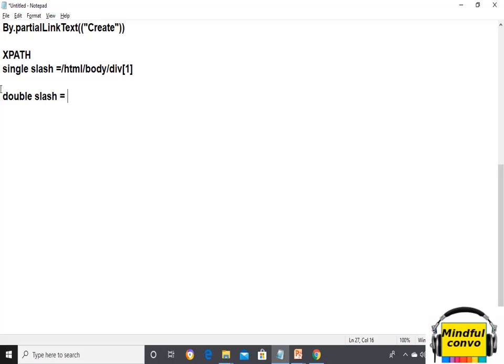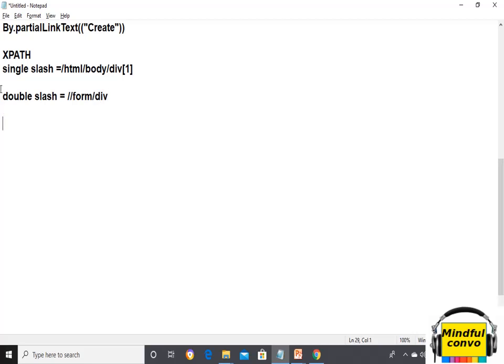We just add double slash and write the element with which we want to find the tag. Like if I want to find the div element inside the form tag, then I will take the form tag and then write div.